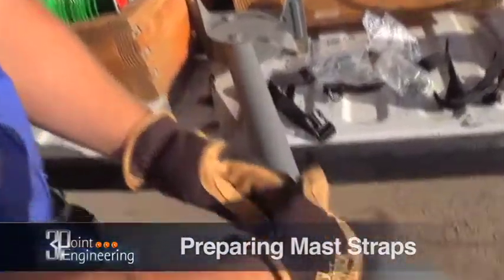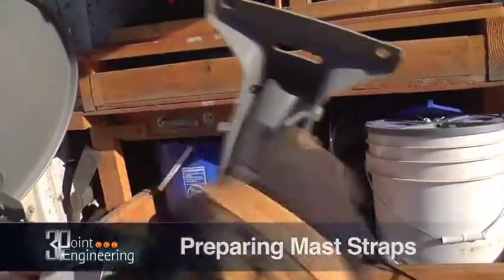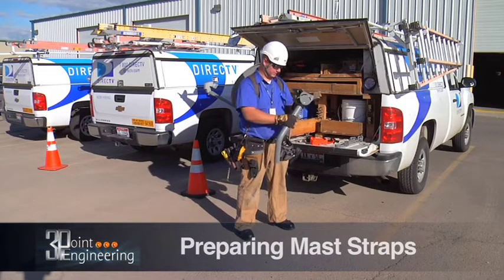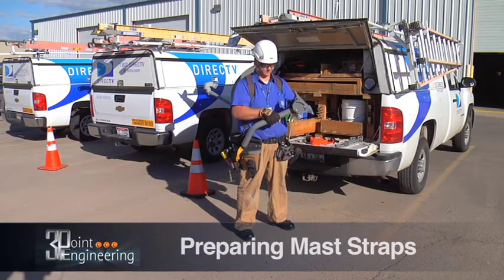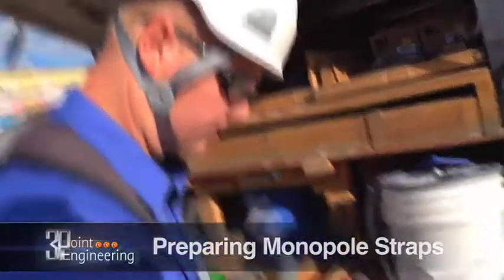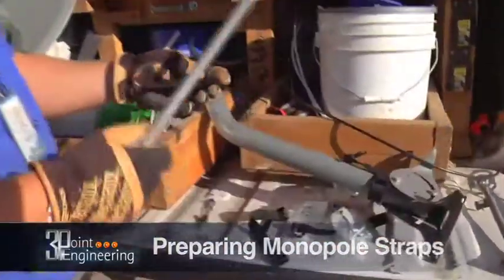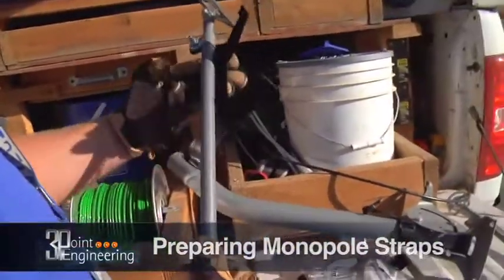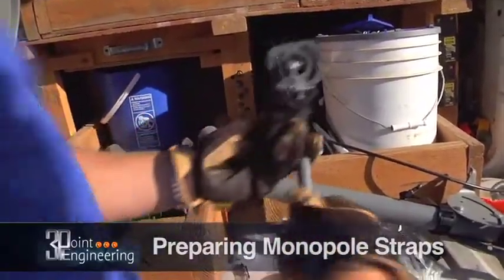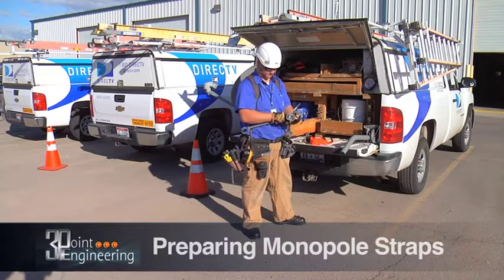This strap is for the mast which will slide up and assemble on the mast there. Now, each of these straps has an anti-slip coating inside so that they don't move once they're attached. And then we have our monopole strap. And with the monopole strap, we're going to take each monopole and attach the monopole here. Short monopole on the bottom so that they